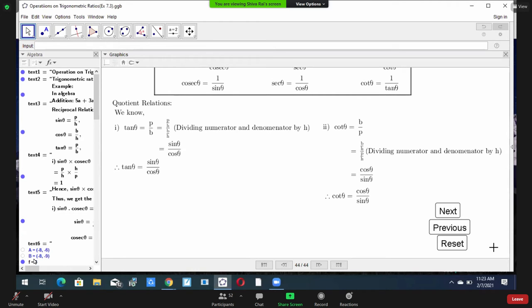Exercise 7.3, page number 91. Open everyone, page number 91. Number 1, what does it say here? Find all the other trigonometric ratios when sin theta equals 5 upon 13. Page number 91, number 1: find all the other trigonometric ratios when